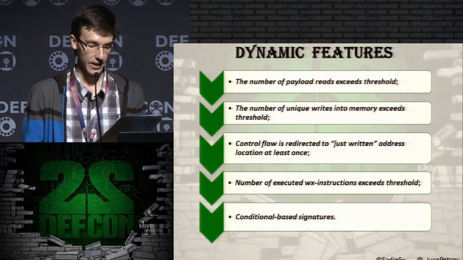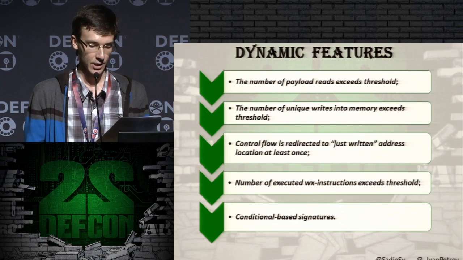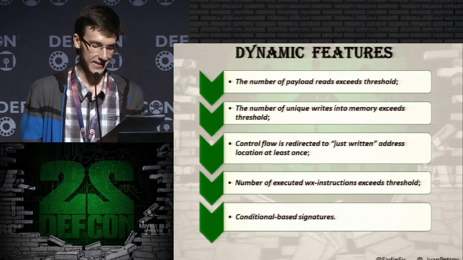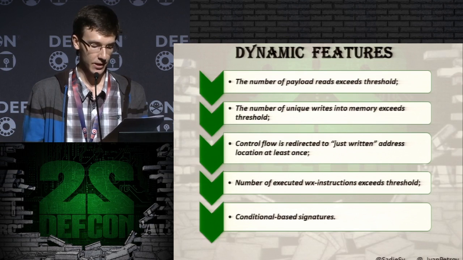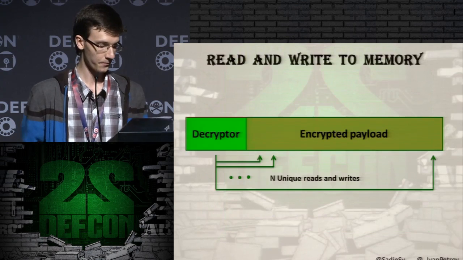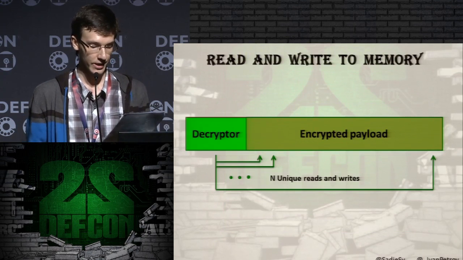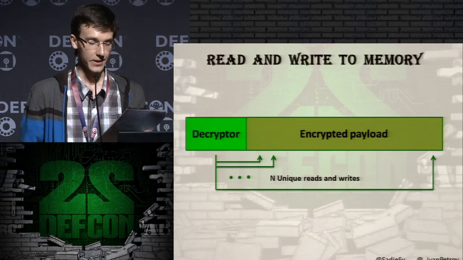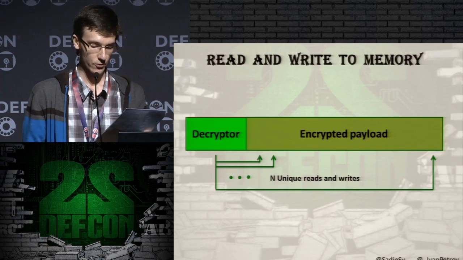Trying to combine the pluses of static and dynamic detectors, we come to the idea of a hybrid classifier that will be explained a bit later. Now, let's consider a few features that can be examined only in dynamic analysis. The read and write from memory, which marks the decryptor. We run a shellcode and we see that it did n number of reads and also n number of writes. You may assume that this is a shellcode which has read some payload, decrypted it, and put it back on the stack.